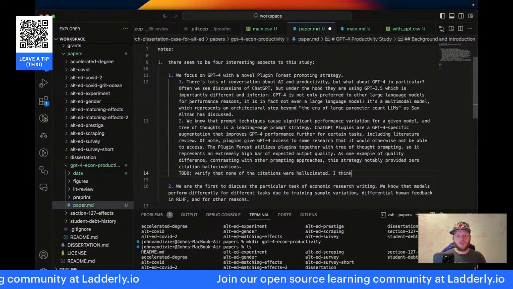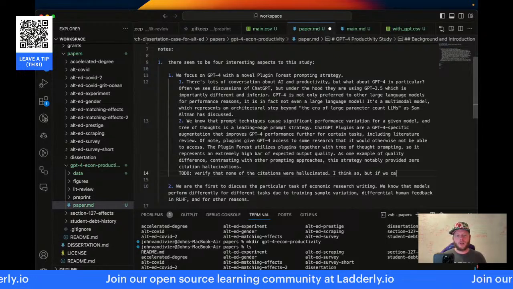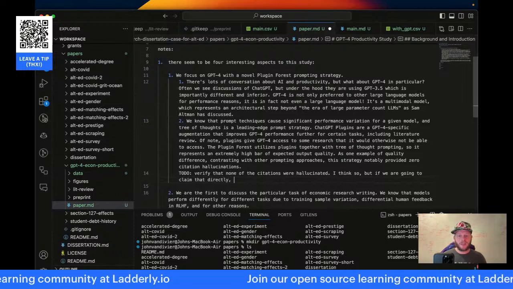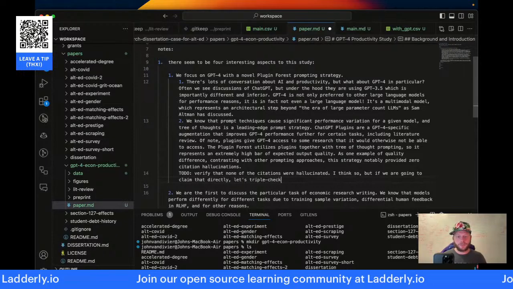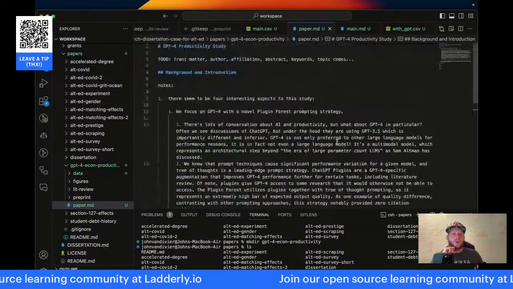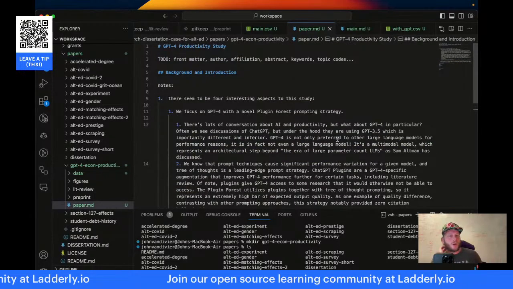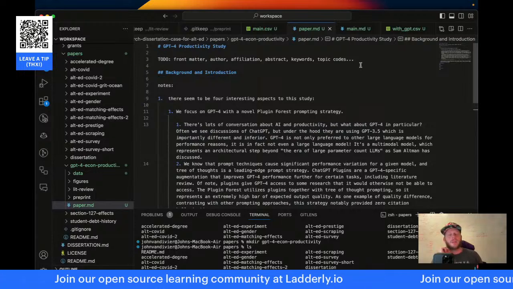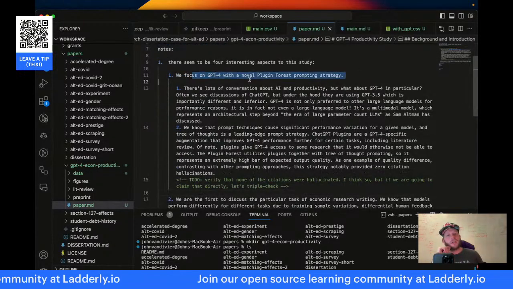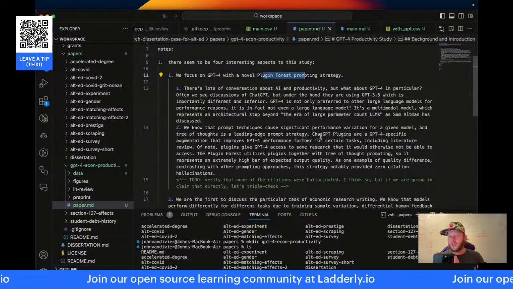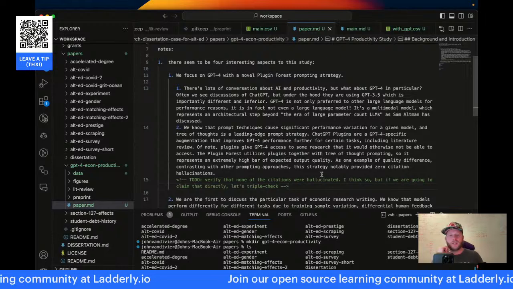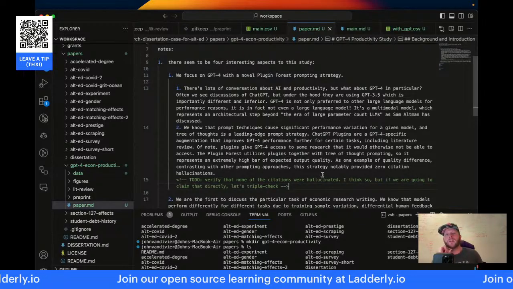I think so, but if we are going to claim that directly, let's triple check. Cool. I think that's the case though. There's a lot of research talking about, oh no, ChatGPT hallucinates. And what they really mean is GPT 3.5 hallucinates. But GPT-4 with a plugin forest doesn't hallucinate. Or at least it does so infrequently that you could write 6 papers and it wouldn't have hallucinated one time.